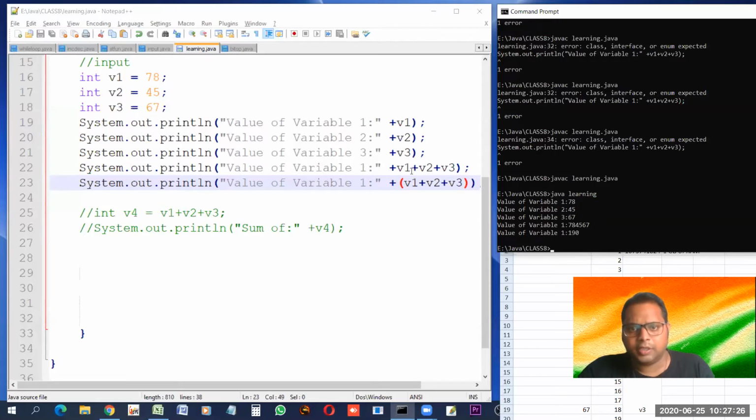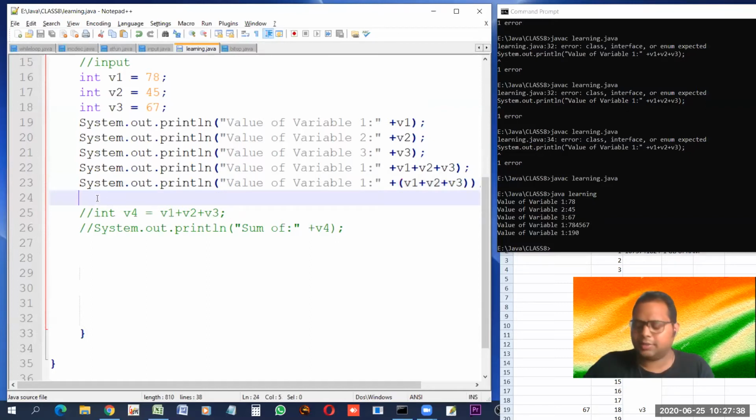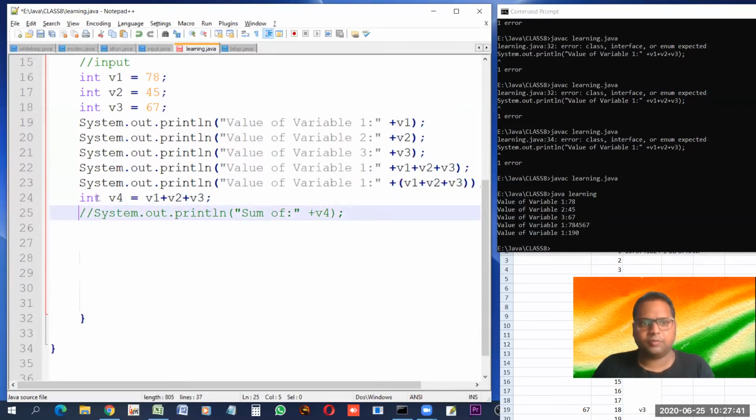Fine. So here also we saw the same thing that we saw in the last class: if you do not use parentheses, then they will be concatenated. And if you want the real expression to work like adding numbers, then use parentheses. Yes, this is again worth watching. Sum of. Yes, sum is. This is also one of the ways that you